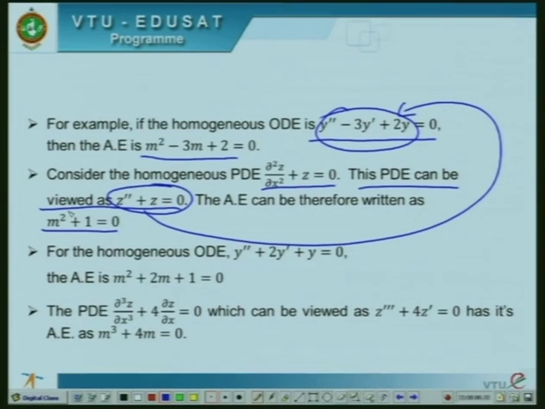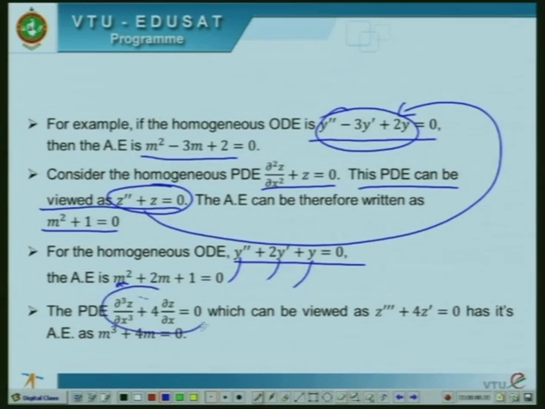Again, if you take the equation y double dash plus 2y dash plus y equal to 0, the auxiliary equation will be m square for y double dash, 2m for 2y dash, and for y it is 1. So, m square plus 2m plus 1 equal to 0. Now, if you try to relate this to a homogeneous PDE,